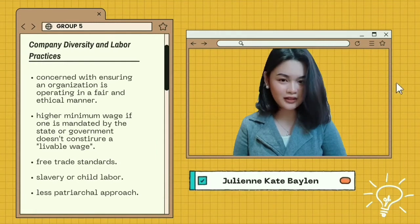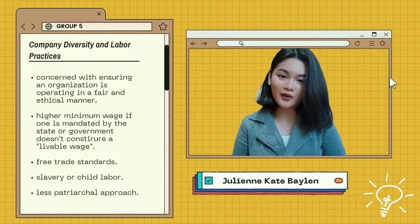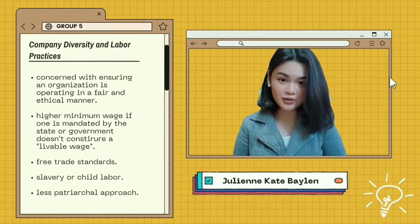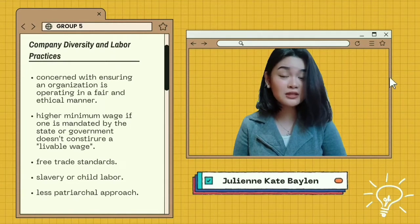For example, a business might set its own higher minimum wage if one mandated by the state or government doesn't constitute a livable wage. Likewise, they might require that products, ingredients, or components be sourced according to free trade standards. In this regard, many firms have processes to ensure that they are not purchasing products resulting from slavery or child